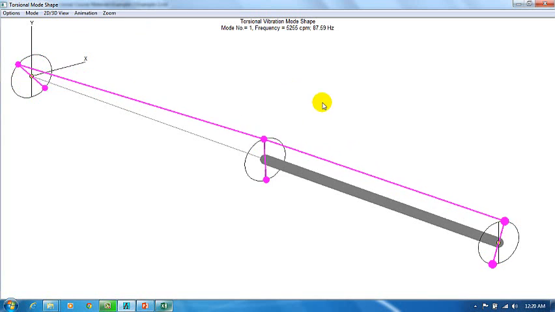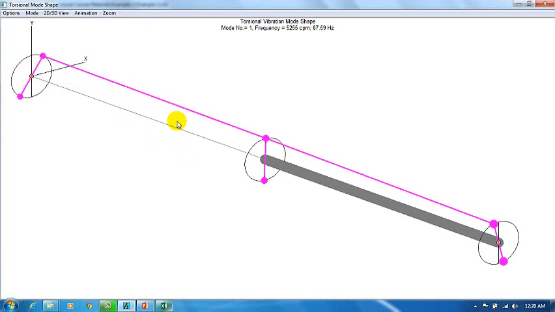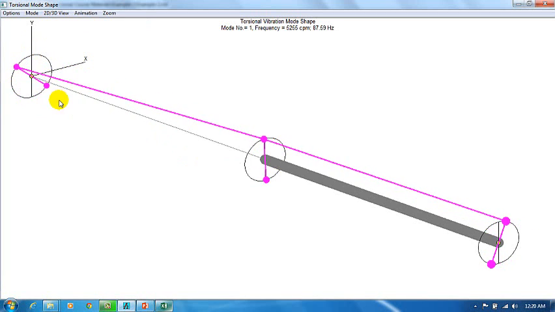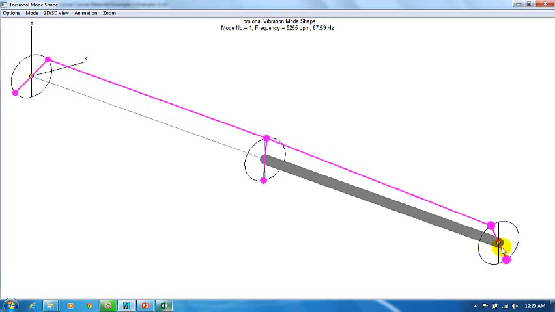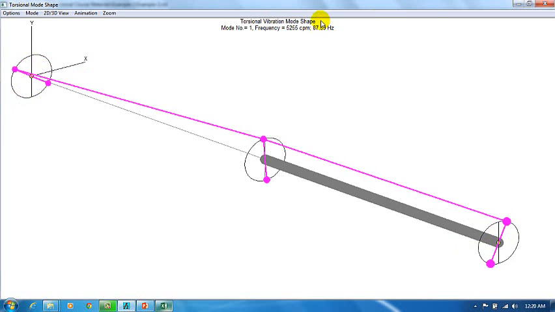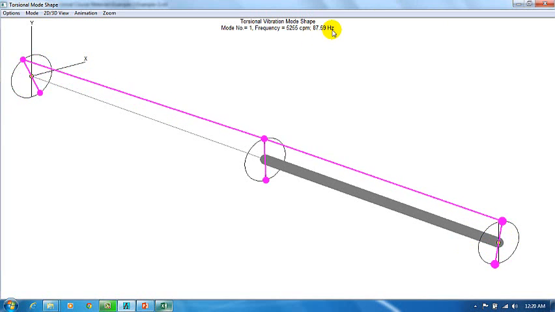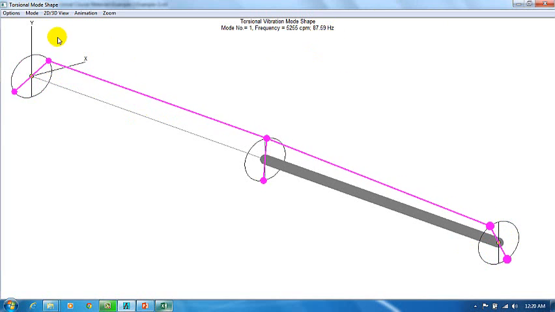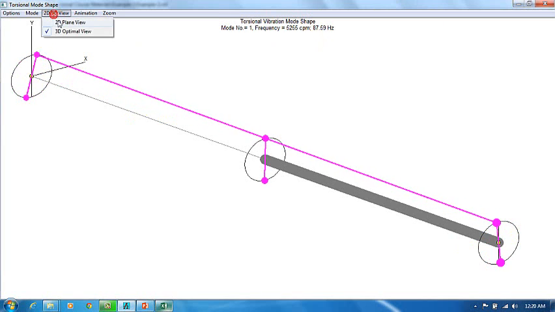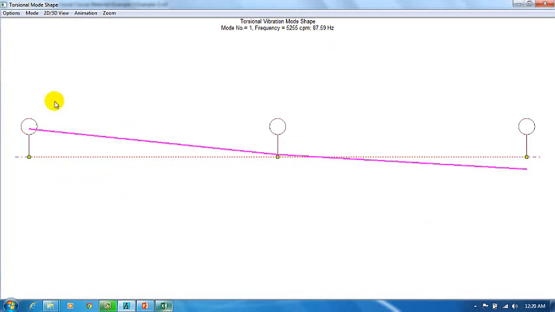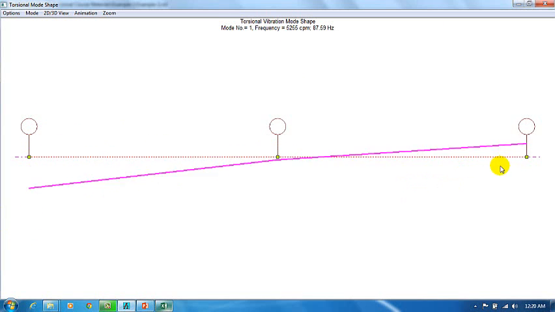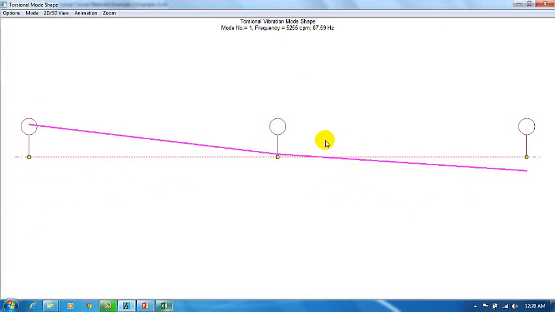And again, what you notice here is you have inertia number 1 rotating clockwise, and inertia number 2 rotating anti-clockwise. So it's sort of similar to the first mode that we had, although notice that the frequency calculated is almost half that of the 2 inertia model. But the mode shape is about the same. And if you go to the 2D view, you'll get an even better idea. Notice that this one is out of phase with that one, and the inflection point is somewhere where it kind of was last time. But now, going back to 3D view,